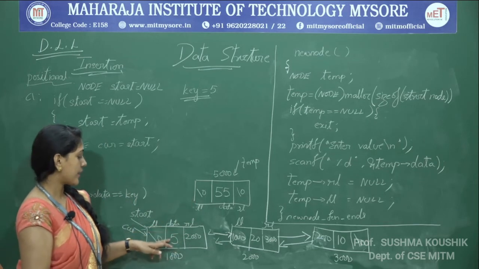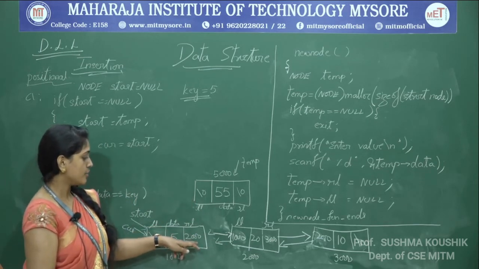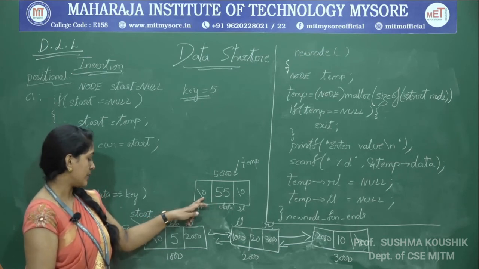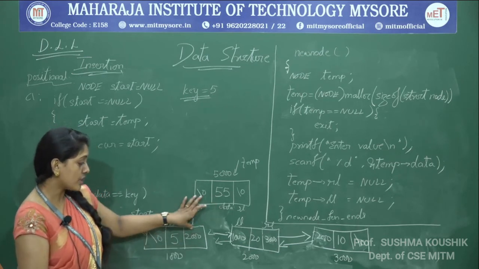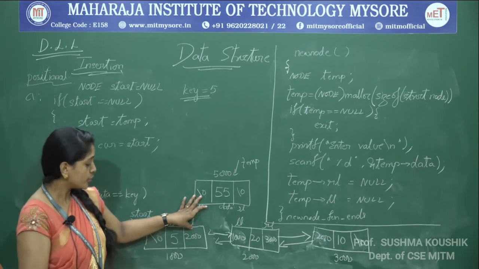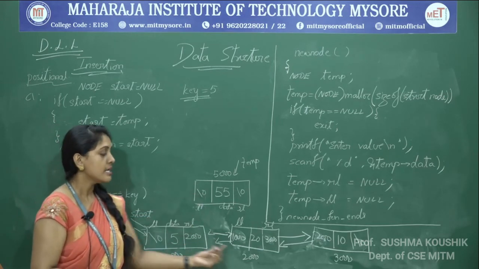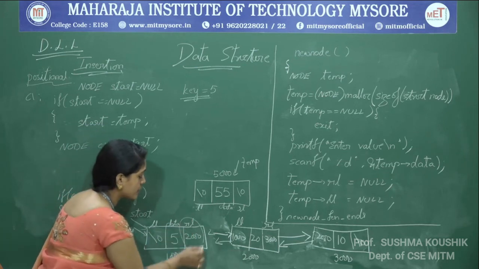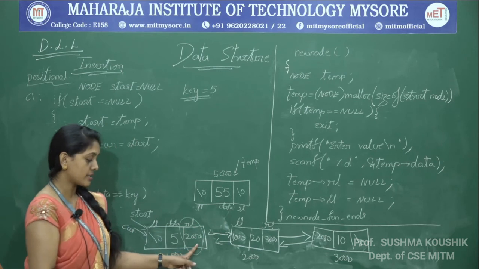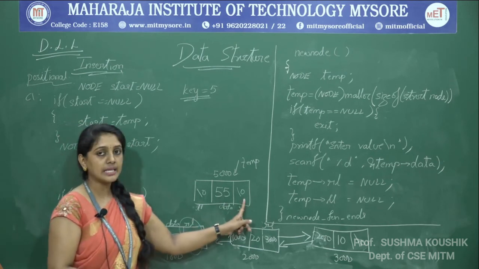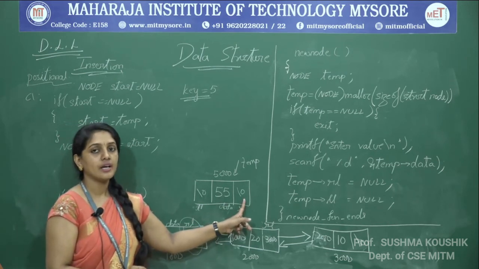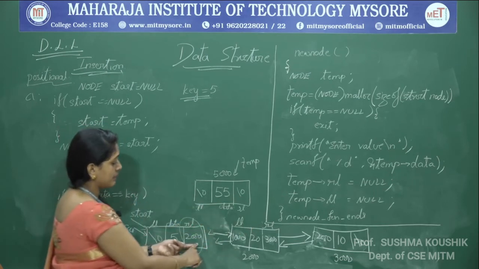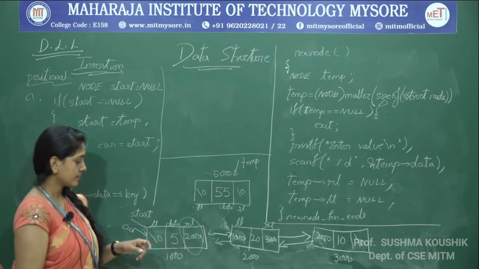One, the pointer current of RL should be equal to temp, and temp of LL should be equal to current. But before altering this, make sure that you have here the address of the next node, which I should not lose. So before updating this position, we have to make sure that this value is retained where it is required. So we will just transfer this value where it is required.